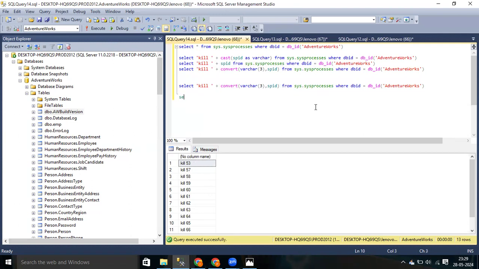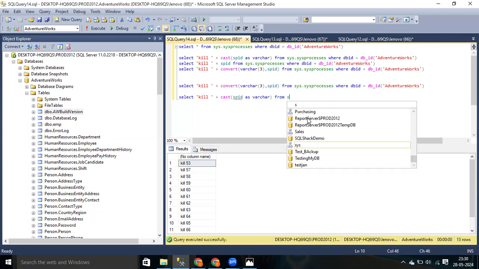Cast, how will you do it? Select what you have to try. Same thing, kill, give one space, then give the plus symbol, and cast. Give the bracket symbol. What you have to write is which one you want to cast, which one you want to convert. I want to convert speed as varchar. And I have to close the bracket, and then write from sys